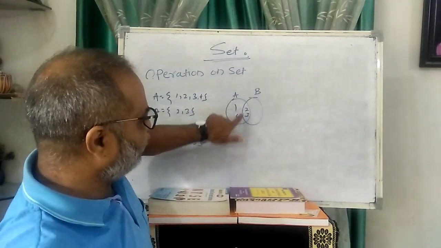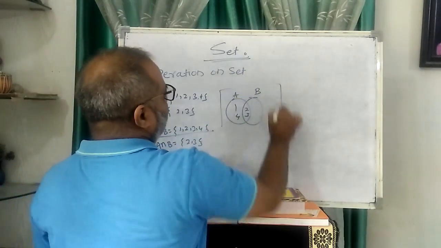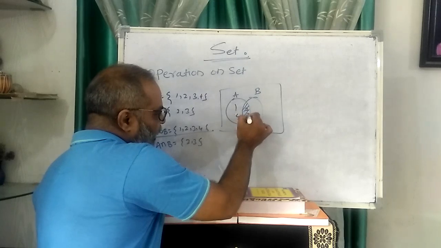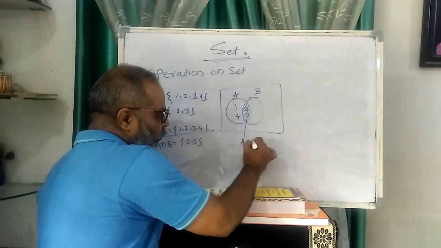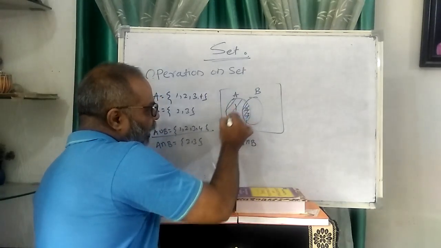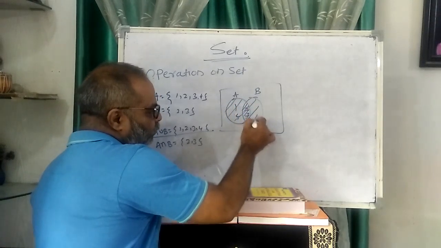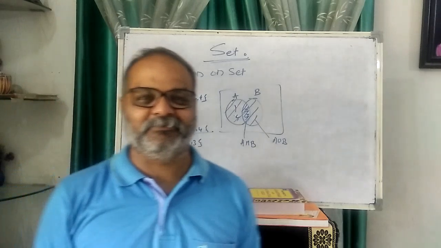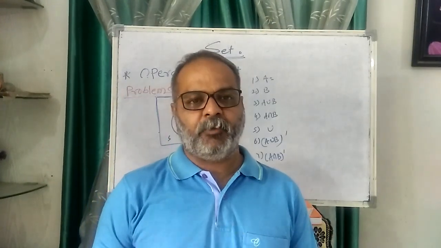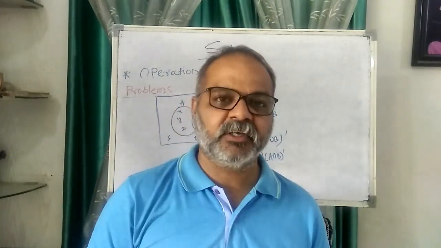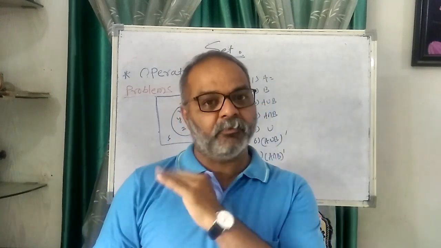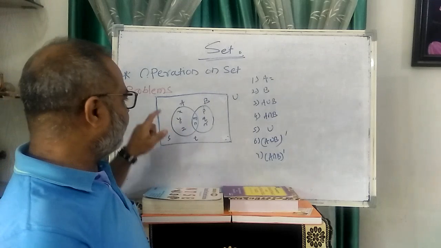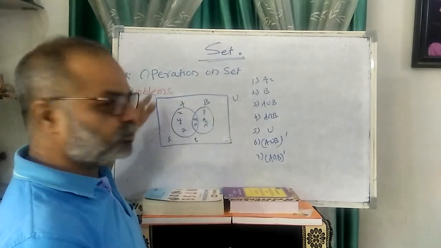So the common elements are 2, 3. If I write this way, this part is referred to as the intersection, as we explained before, and all of this is called A union B. So you are solving problems related to union, intersection and disjoint sets using the properties. Now I draw the Venn diagram: here is A, B, and this is the universal part.